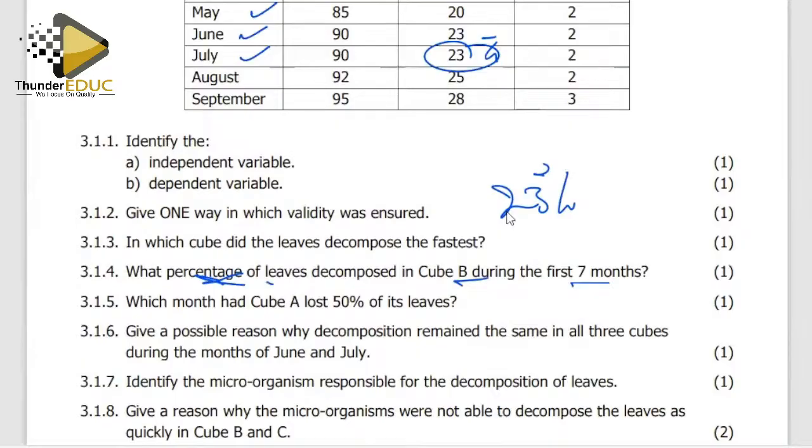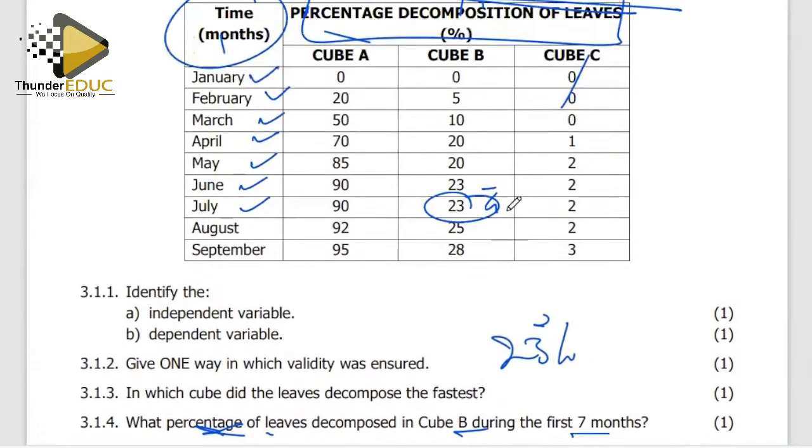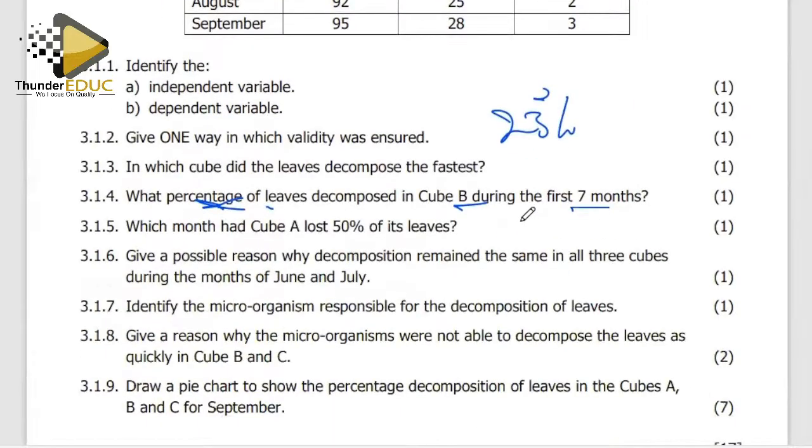Which month had cube almost 50 of its leaves? They said it here, 50. So which is March? So the answer is March. Then they are saying that